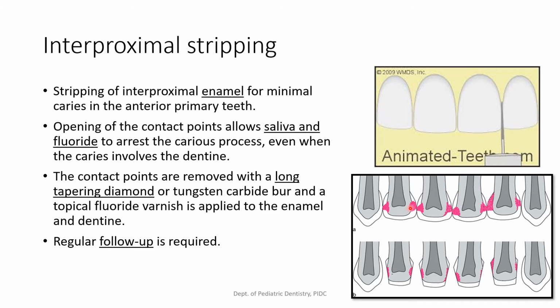So in this figure, you see all these proximal caries, and then this is how you do proximal stripping, and then we can control the progression of caries. Obviously, interproximal stripping is a treatment option for young children, especially in the anterior teeth, where it's very difficult to do proximal restoration in a restless child. So the best you can do is interproximal stripping and try to arrest the caries lesion till a time that you can actually do a strip crown later on that particular tooth. So this is one of the techniques that we can use for medical management of early childhood caries.